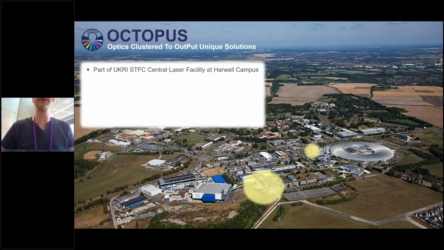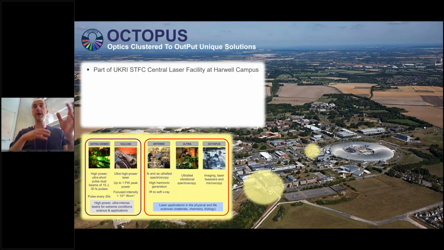We're based on Harwell campus, which is about 16 miles to the south of Oxford. So Oxford's up here somewhere, or up there, off on the horizon. We're spread across this campus. So this is the Diamond Light Source, which is our national synchrotron facility. And we're spread across 2 locations on the campus, and the facility is divided